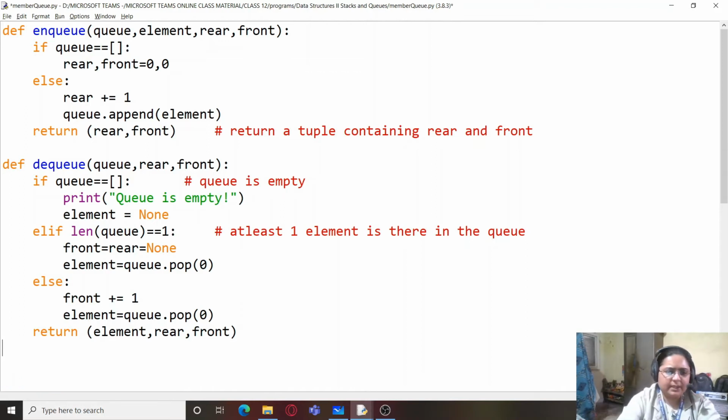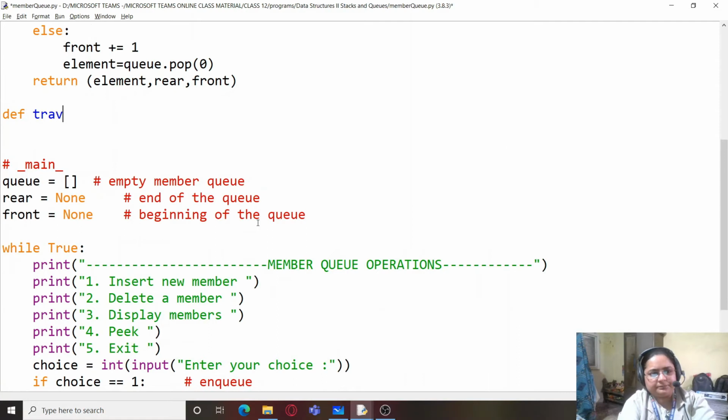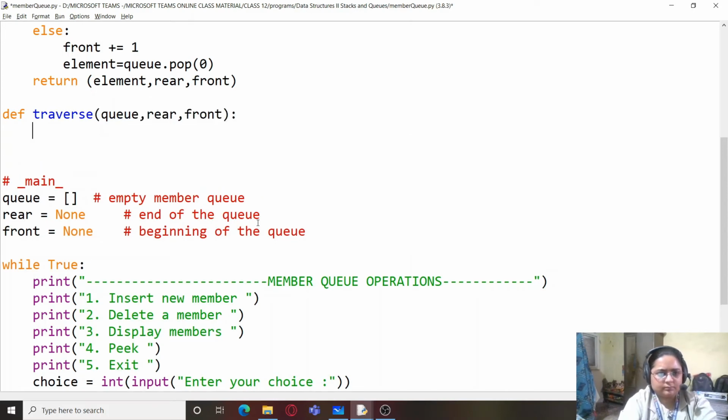Now we will be defining the traverse function. So we have q, rear and front. If q is empty, that means there is nothing to display.